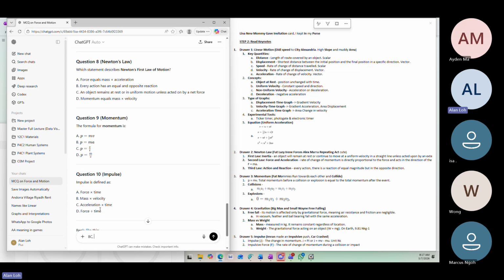Formula for momentum is also drawer 2. Okay, Newton's law is drawer 2, yes, not drawer 1. Good, so I see that you corrected it. Okay, question 9. The formula for momentum is, this is very easy. I think you see this formula like 200 times over these two hours. Question 10. Impulse is defined as